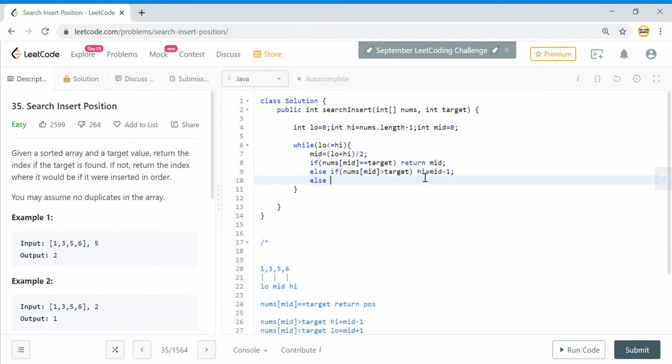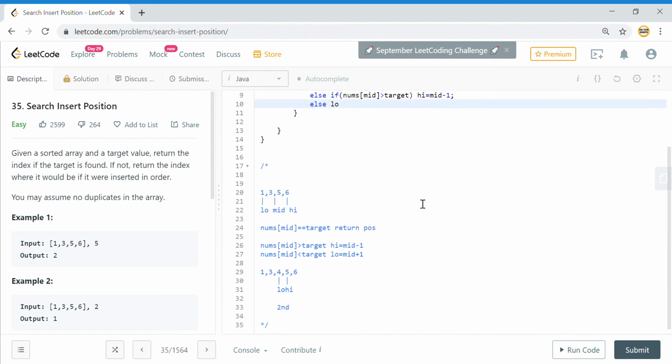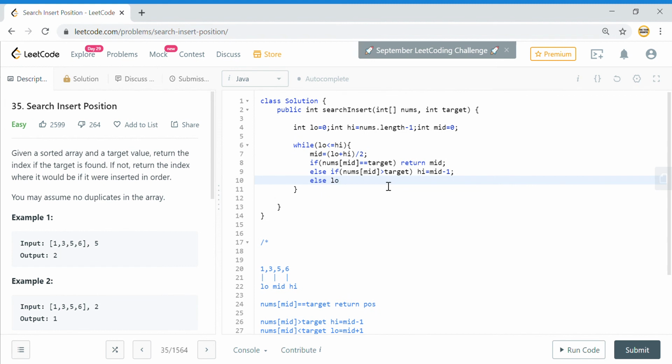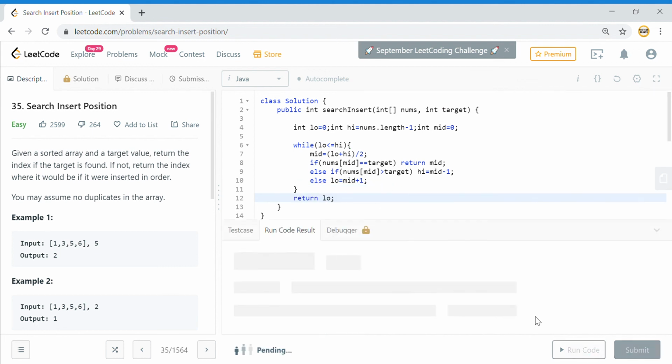And the last case, where nums of mid is less than the target, my low will become mid plus 1. Finally, I will simply return the low value. So that's it. Let us see.